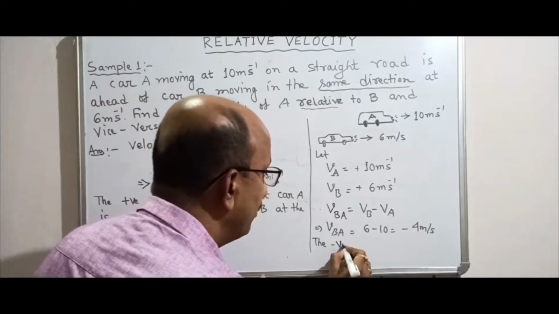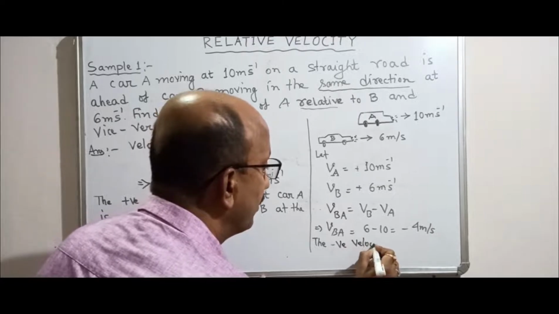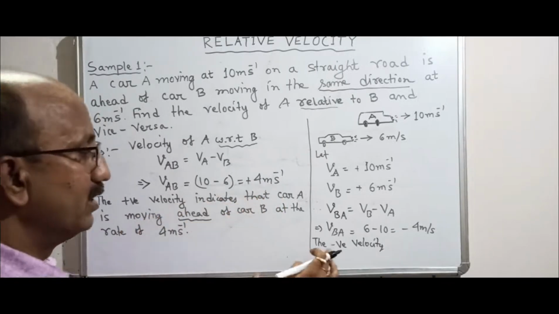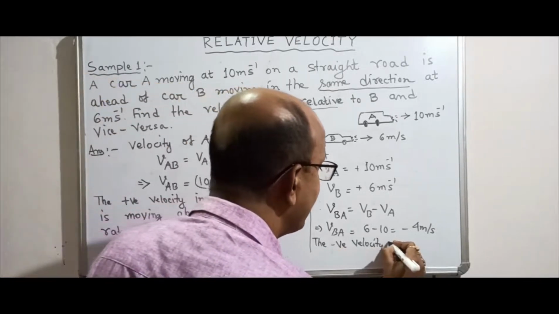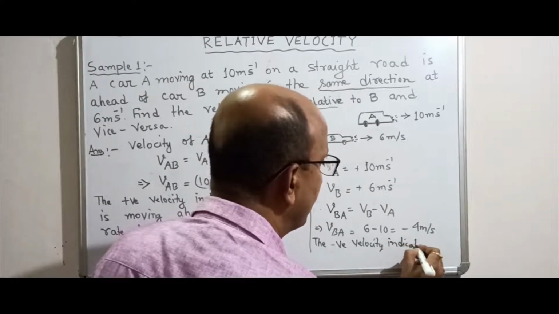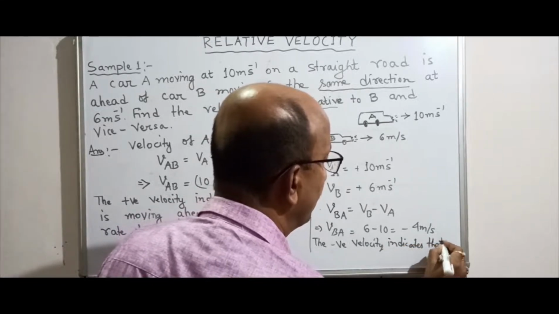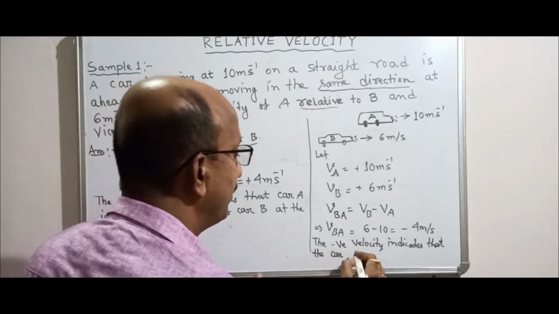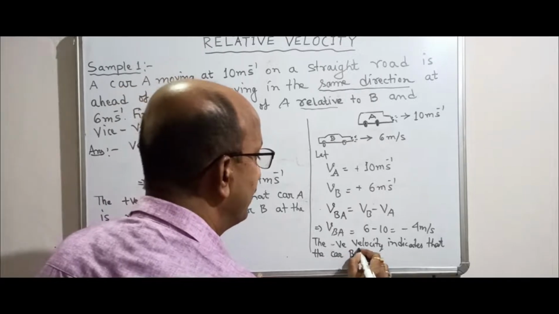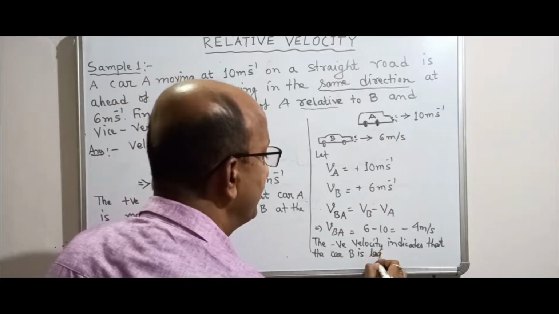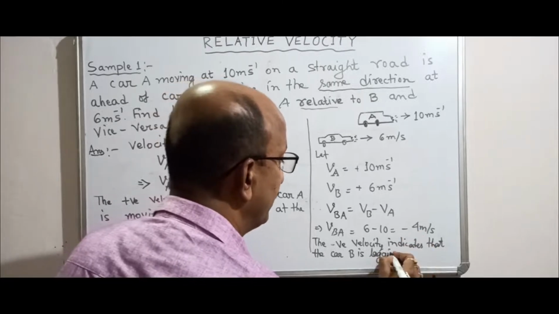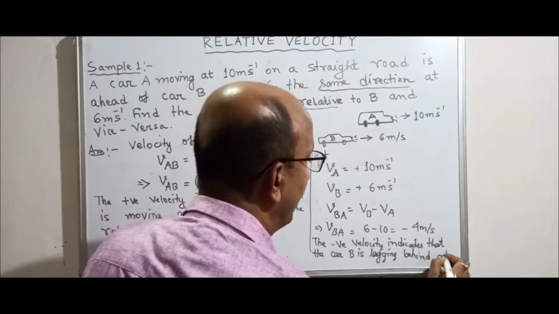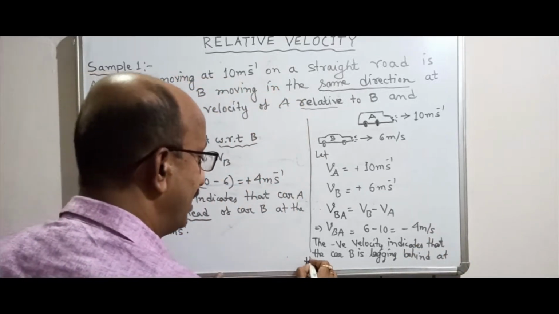So the negative velocity, just look here. Positive velocity indicates that car A is moving ahead. So then here the negative velocity indicates that the car B is lagging behind, minus, answer is minus, is lagging behind at the rate of